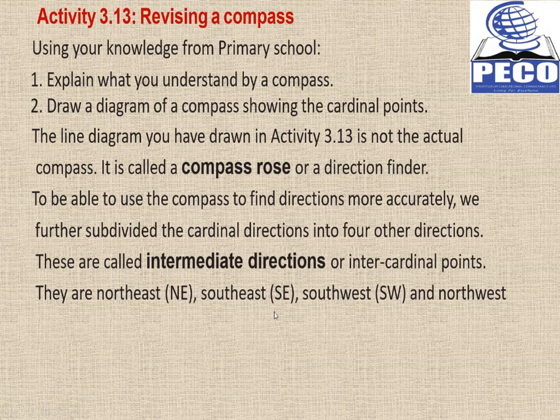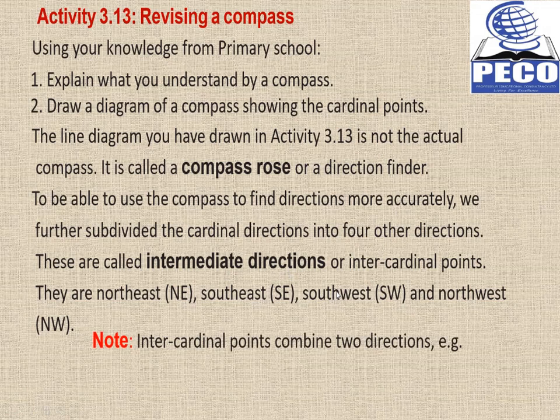Southeast, the line between the south and the east. Southwest, line between the south and west. Then northwest, which is the line between the west and the north. So when we add these 4 to the original 4, we come up with an 8 cardinal point